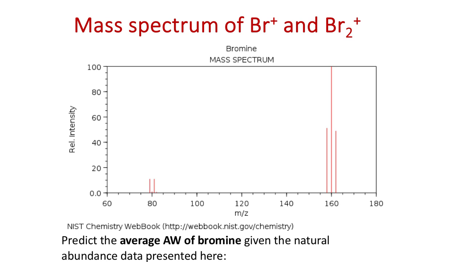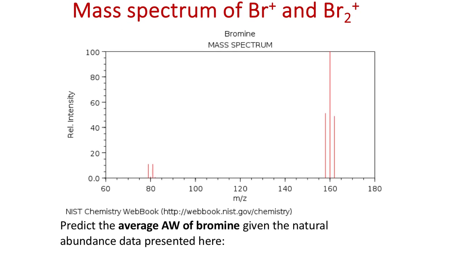So what do you think the average atomic weight of bromine would be without looking at the periodic table? I would predict it'd be probably about 80. Maybe, if you say the isotopes are starting to not be dead on the whole number, maybe 79.9. If you look at bromine on the periodic table, it's 79.904. So we can easily predict with some information. We could calculate with more precise information. If I give you the precise atomic weights and the precise ratio, we could just apply the fraction of the one times its atomic weight plus the fraction of the other times its atomic weight